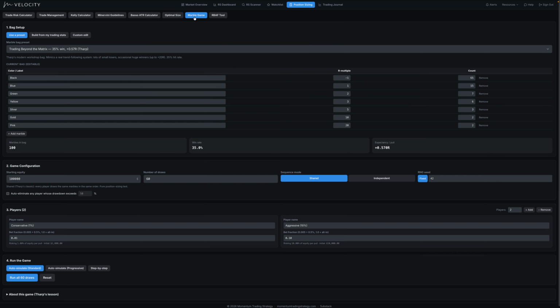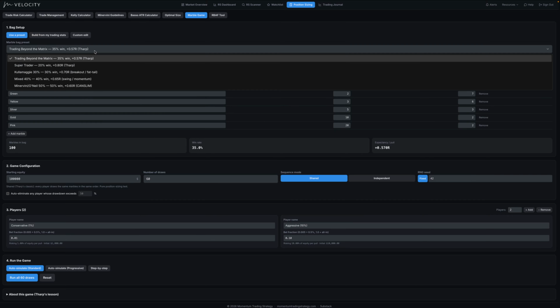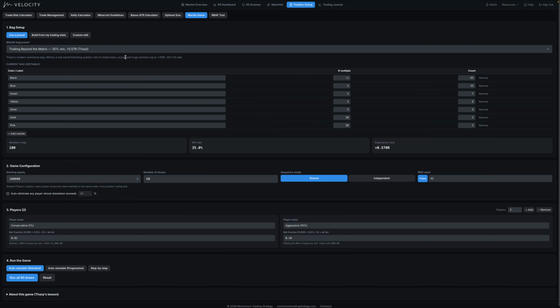But the best tool is Dr. Van Tharp's Marble Game. This is something fun you can play with your kids, you can play with friends, you can just run simulations yourself. And I have preset bags, right? So I have the guy that's got the 35% win rate, and you can see based on his trading stats, he has 60 out of 100 trades, he's got 65 losers. And he'll have 15 of those trades that are basically one R winners,